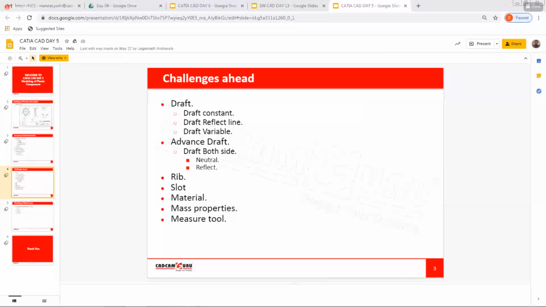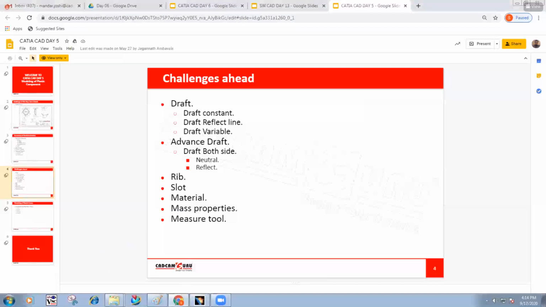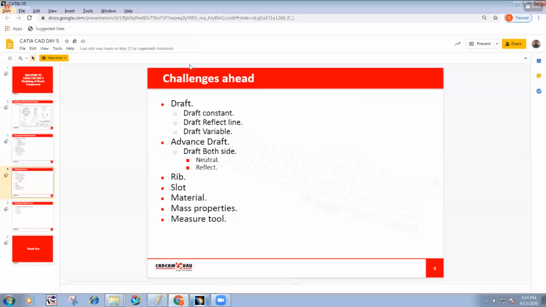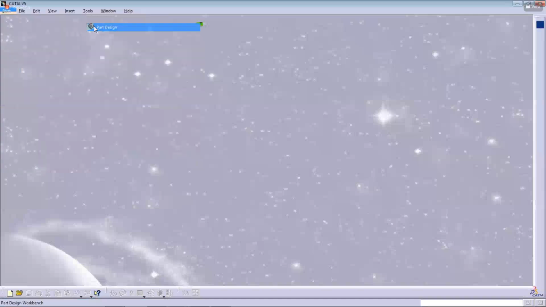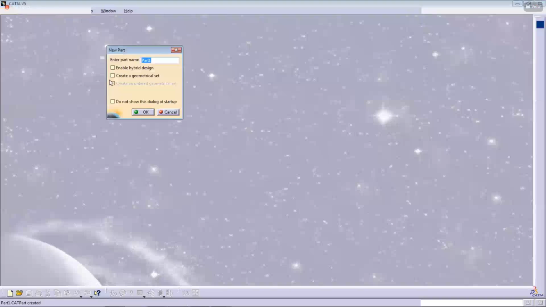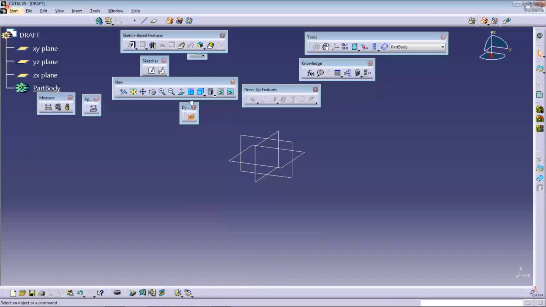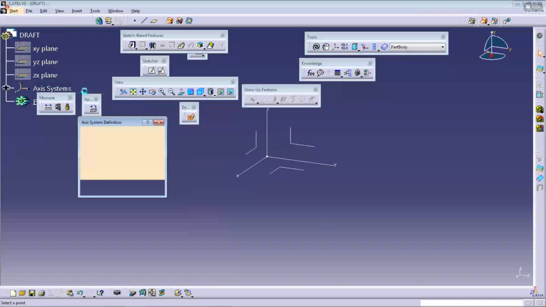Now, when you want to apply a draft direction, then you need to create a line. So I'm going to create a component here, simple part. And I'm using this axis system.